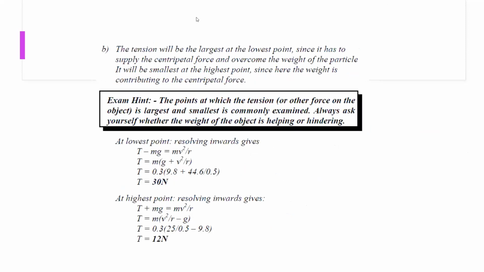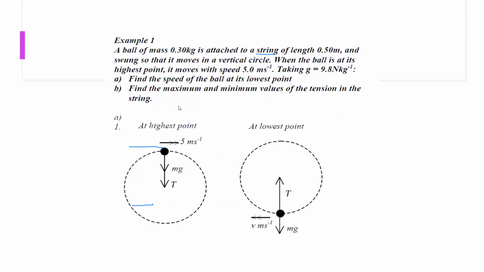The next part: the tension will be largest at the lowest point since it has to supply the centripetal force and overcome the weight. And it will be smallest at the highest point since the weight is also contributing to the centripetal force. And if a question asks to calculate the tension at the highest point and the lowest point, so if I need the tension at the highest point,